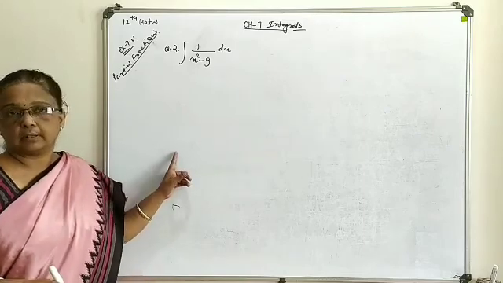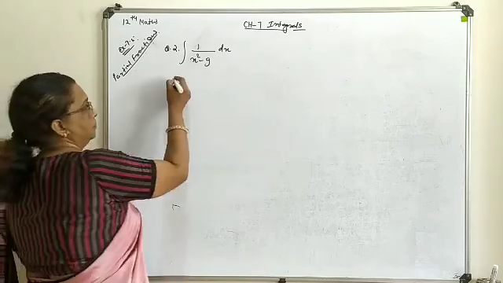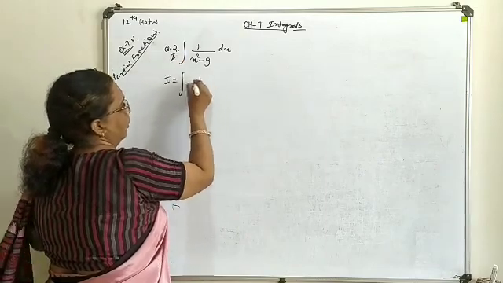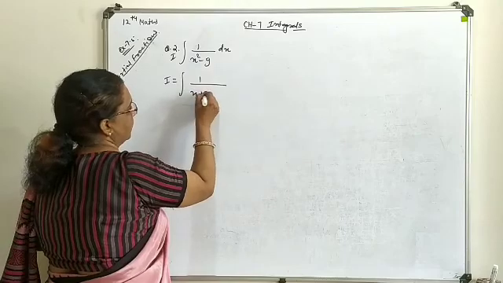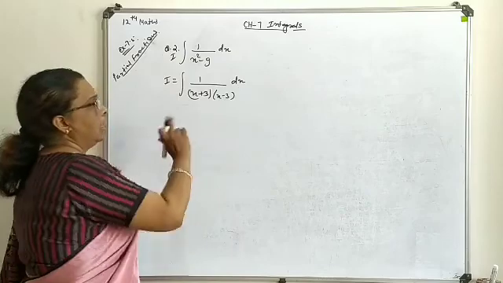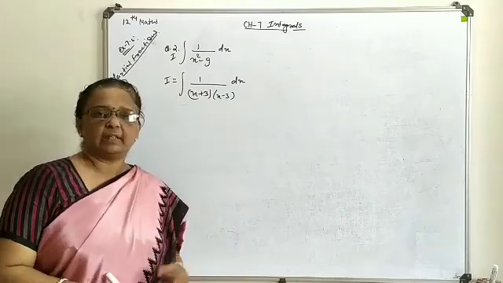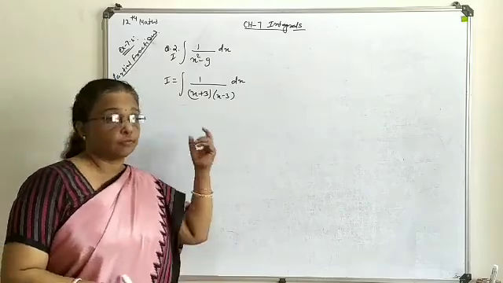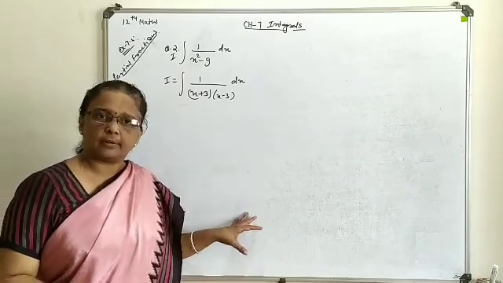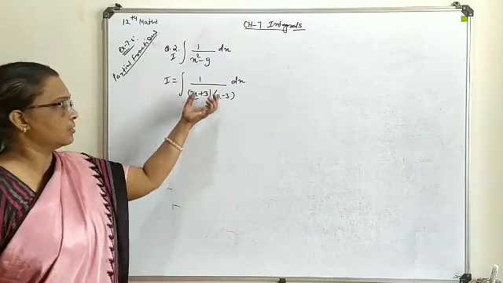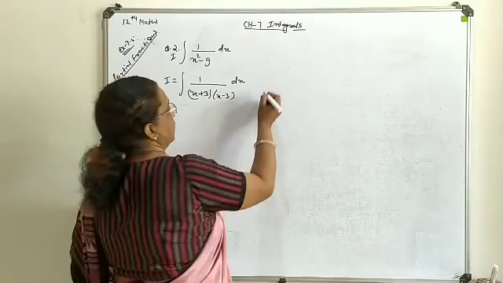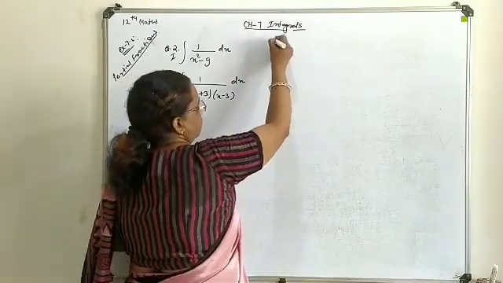So this question, I, you can turn into two factors: 1 upon, it can be split as x plus 3 and x minus 3. You all are clear about this factorization method. Now it can be split in such a way that we introduce two constants, as we already have two factors. So this is the actual method for partial fractions we are going to introduce here. Let this combination be kept aside, and we find out its constants separately.